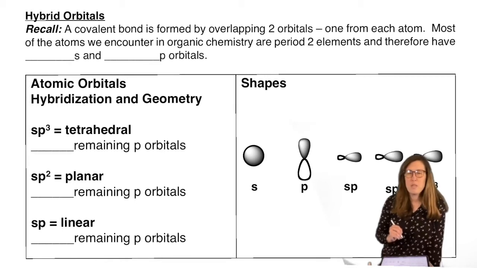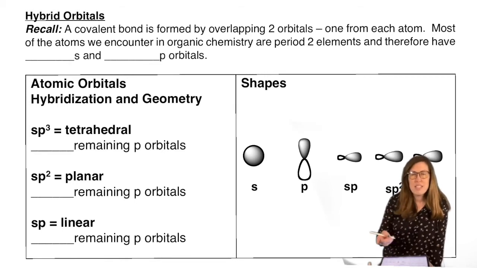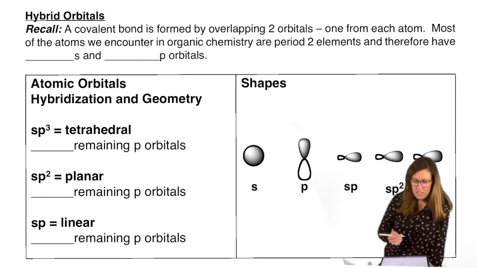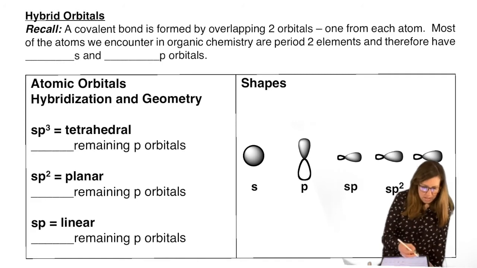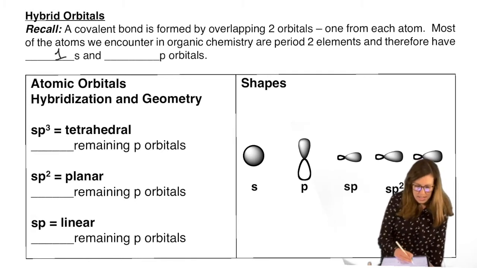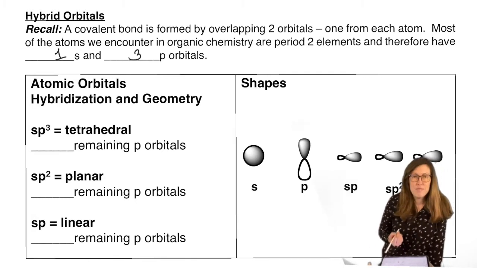going to be talking about sp3d2 because d is not part of the discussion. So remember, when we talk about making covalent bonds, we're overlapping two orbitals. And since we're restricting ourselves to period 2 elements, we're really restricting ourselves to s orbitals, specifically 1s and 3p orbitals. So that massively limits our options. That's a good thing. That simplifies everything.